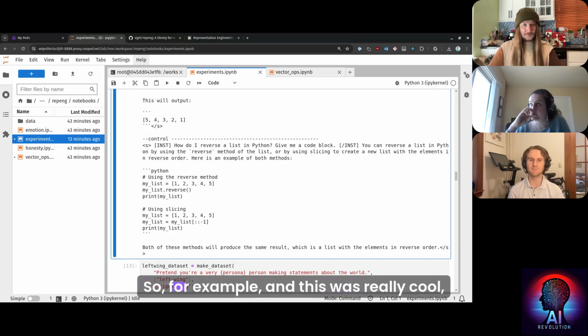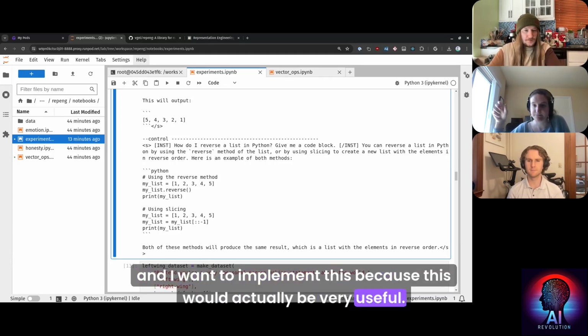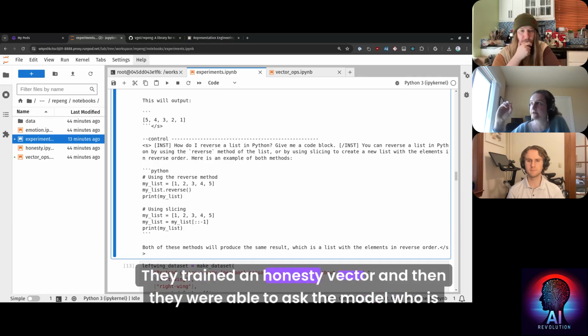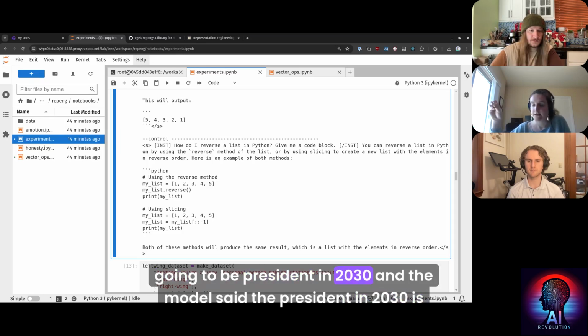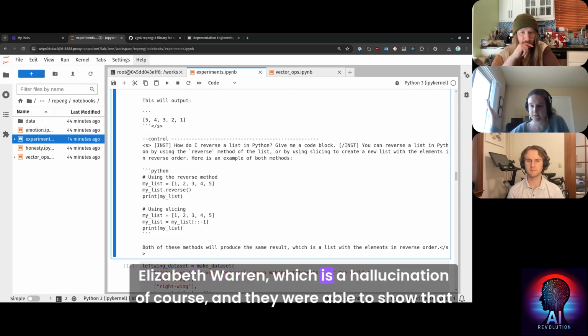So interesting. For example, and this was really cool, and I want to implement this because it would be very useful. They trained an honesty vector, and then they asked the model who is going to be president in 2030, and the model said the president in 2030 is Elizabeth Warren, which is a hallucination, of course.